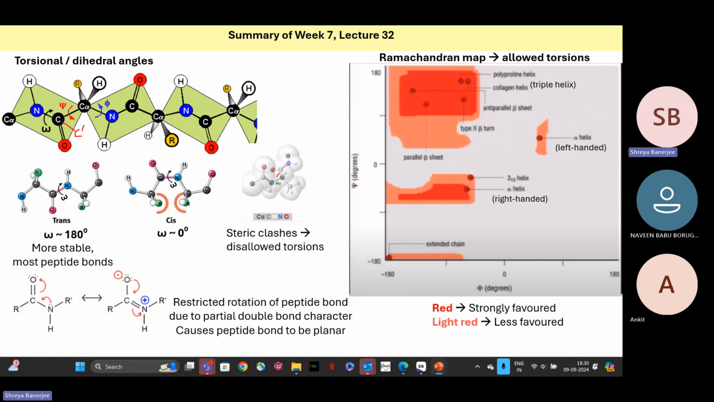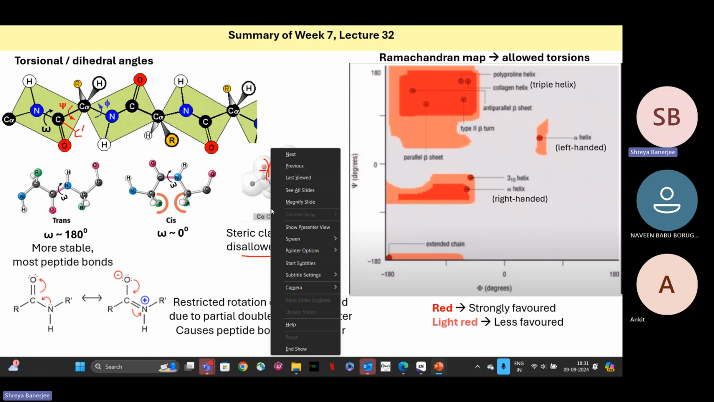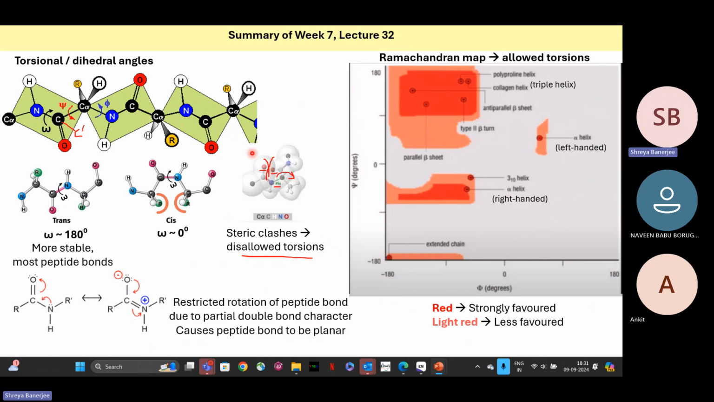So this rotation angle is phi. Now you can see that at the angle phi shown here, there will be steric repulsion between these two oxygens. So this is not a stable orientation of phi. These are called disallowed torsions, where the steric clashes are too high, and so the molecule cannot exist in